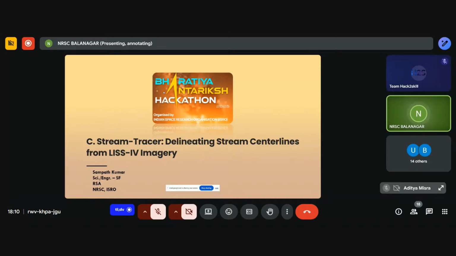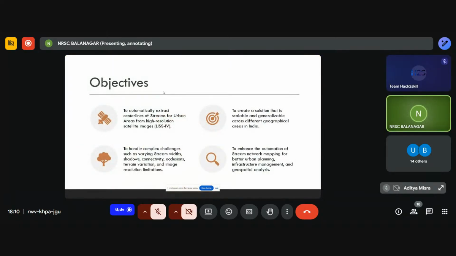Coming to the third part, stream tracer, delineating stream center lines from LISS-4 imagery. This is very much in line with problem statement B, where you had to extract the roads from national highways. This is extracting the stream center lines from LISS-4 in the urban setup. So the objective is to extract center lines of streams for urban areas from LISS-4 data. And the challenge is to